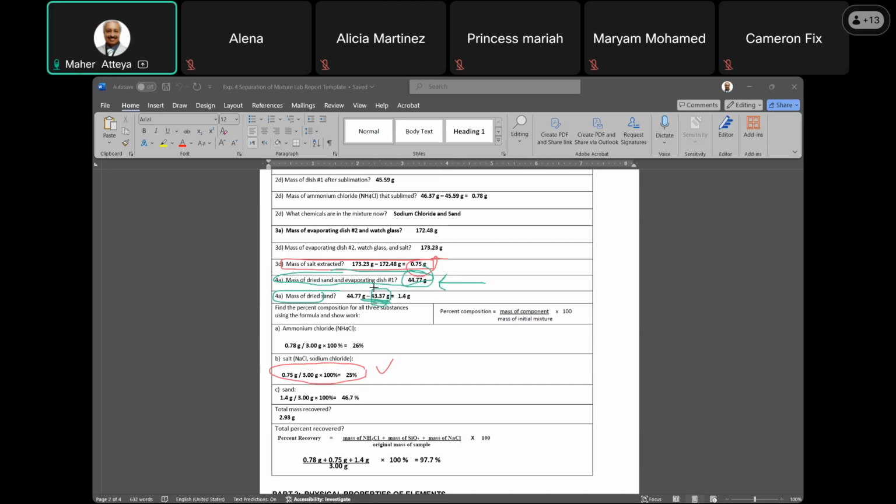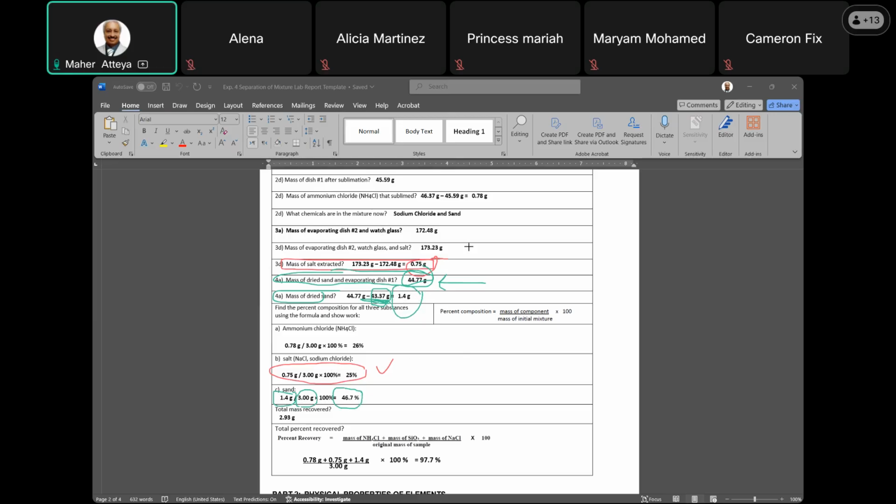This number here, minus the empty evaporating dish number 1 mass from step number 1. This is dish number 1 mass empty, nothing inside it. So you get 1.4 what? Grams of sand. Yeah. You take the sand, 1.4, divided by the total, and you get